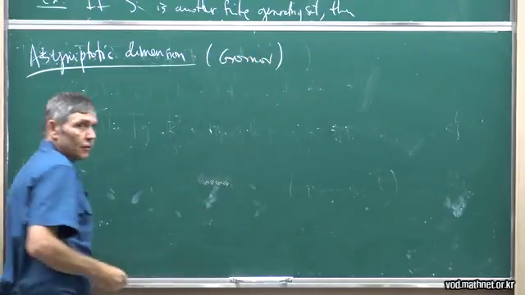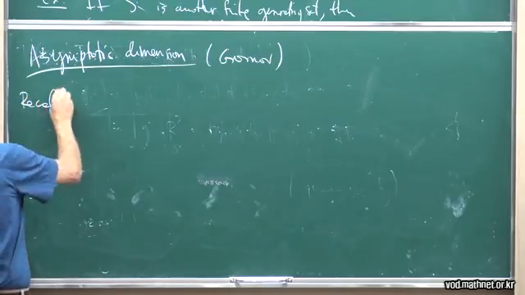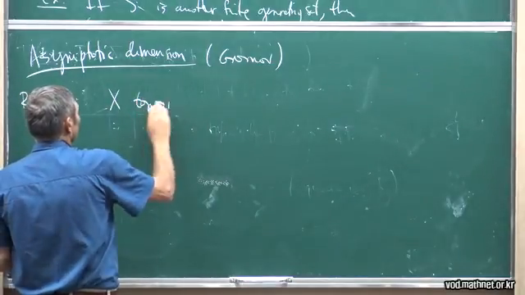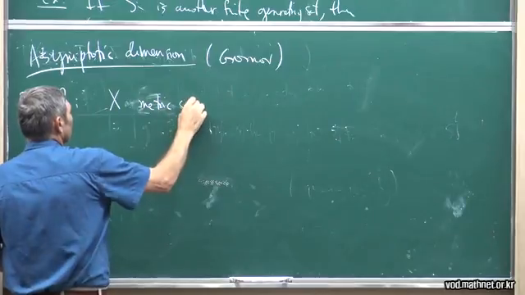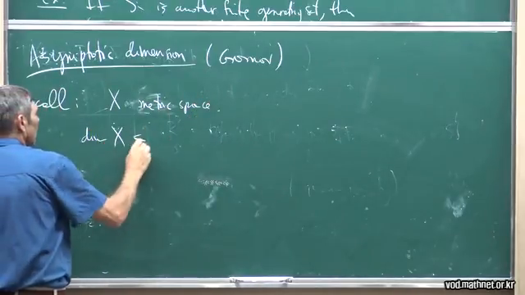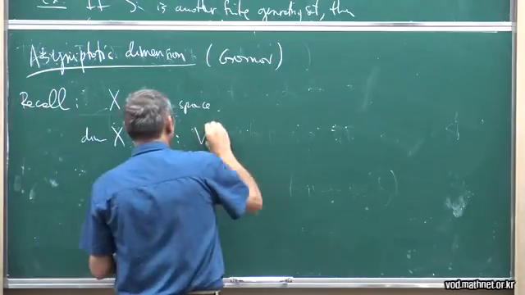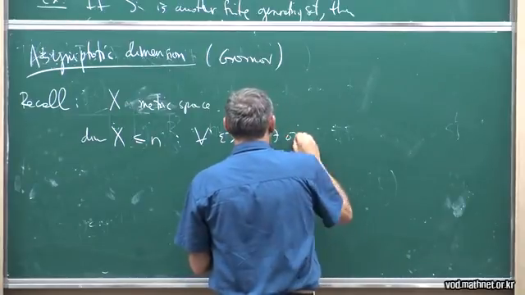To motivate this, let me remind you what the definition of a topological dimension, or covering dimension, is. So recall, if X is a topological space, or let's say a metric space, you can define it for topological spaces too. For a metric space, we say that the dimension, the usual covering dimension, is less than or equal to n, and what that means is that for every epsilon greater than 0, there is an open covering,